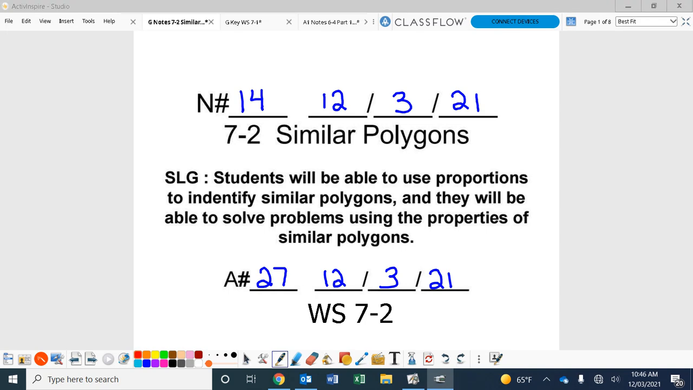Okay, so today we're going to be talking about similar polygons. Guys, we did a lot of work on congruent shapes. Now we're going to be talking about similar shapes. That's a whole different thing. That's going to be something that you should be very familiar with, though, because you see similar polygons all the